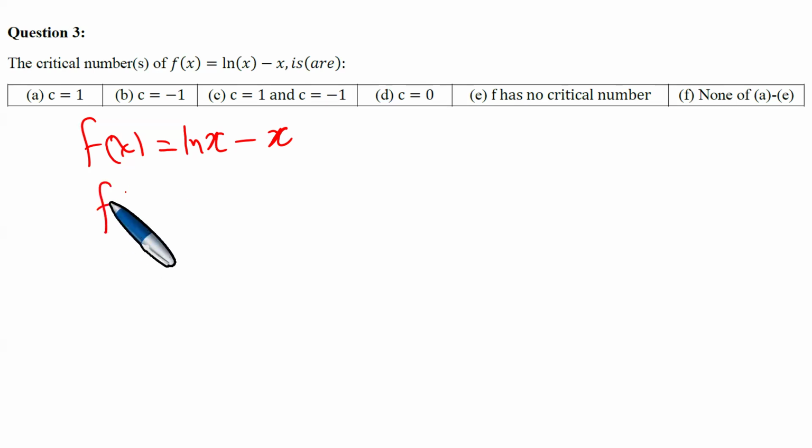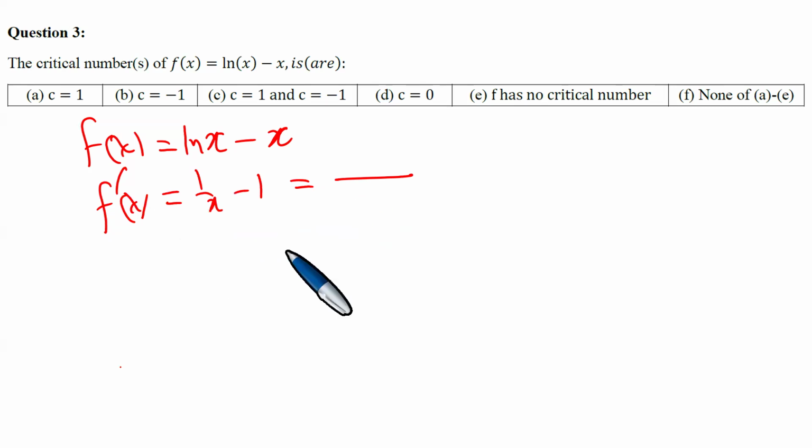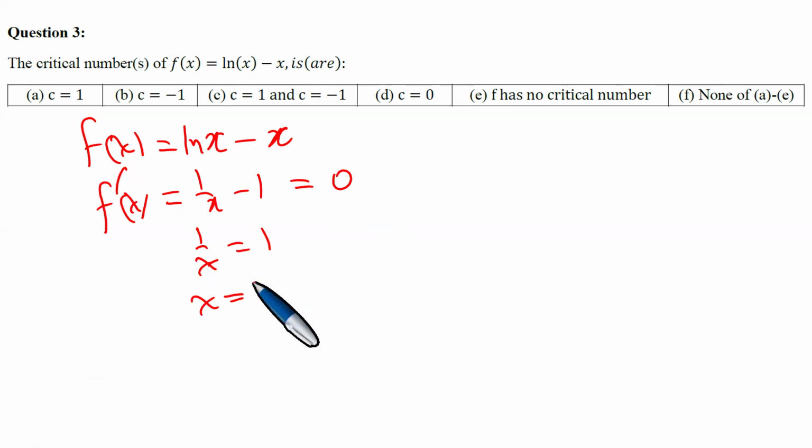You'll note that we already have the derivative, which is 1 over x minus 1, and we are interested in where this is equal to 0 for the critical numbers. This means 1 over x is 1, and now this means x is 1. If you look very carefully, you are able to see